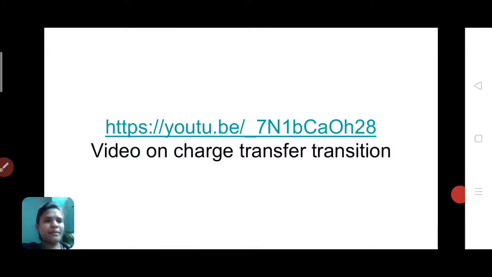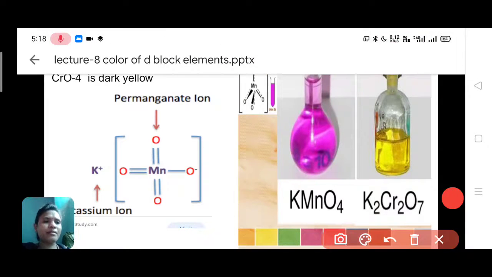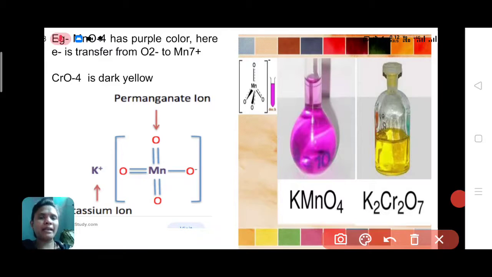Now we will see next. This is shown here: the color of permanganate ion. This is called permanganate ion, KMnO4, and this is the structure of permanganate ion, MnO4 minus. MnO4 minus appears in purple color, and dichromate ion is present in yellow color, and this is due to a